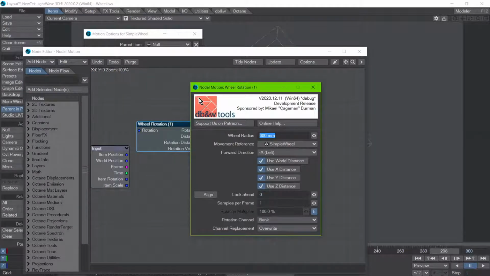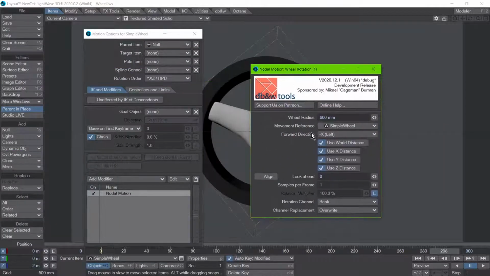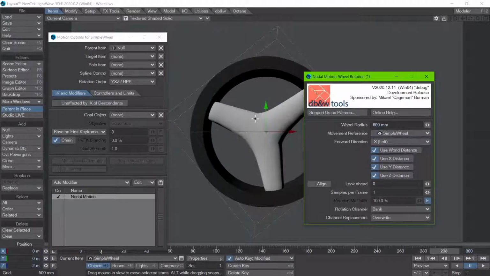Also, one thing that somebody asked for on Discord was we do have the wheel radius here, and it would be nice to have a gizmo where you can actually edit or view the wheel radius in the viewport. To do that, I would also need to know which item the plugin is attached to, which, as I explained earlier, isn't possible for the node, isn't possible for the channel modifier, but it will be possible for the wheel